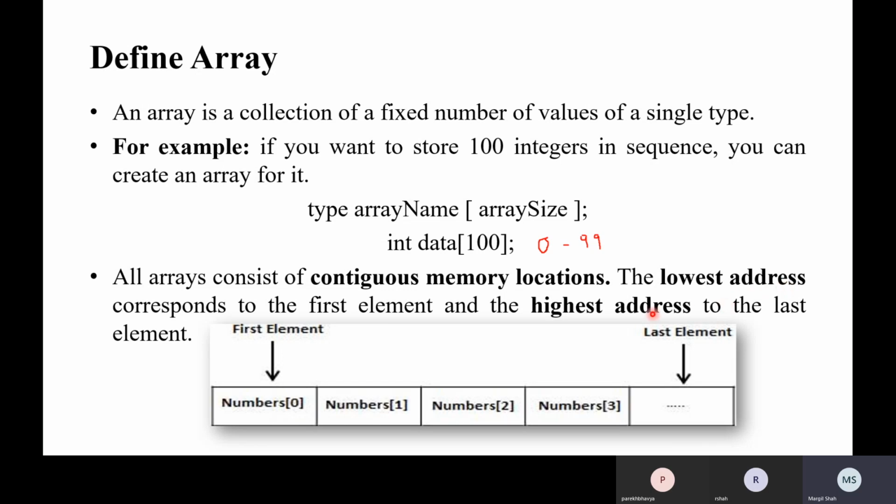Now, why are we thinking about the array? Because before defining an array we need to understand the concept. I can simply give you one example. Suppose I would like to store the marks of a student, right?